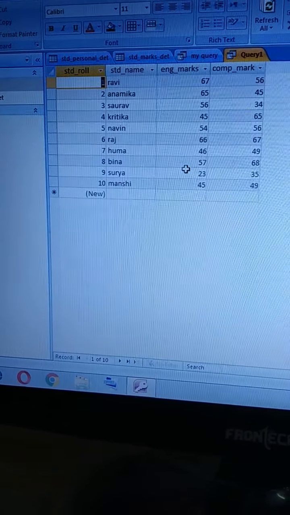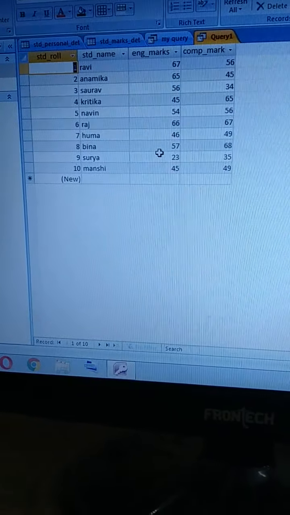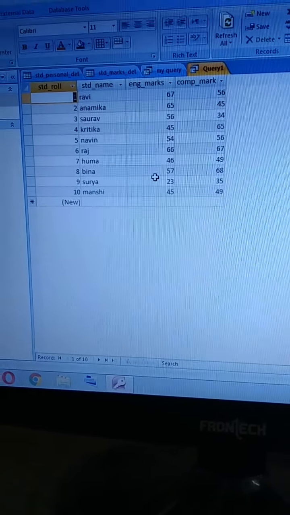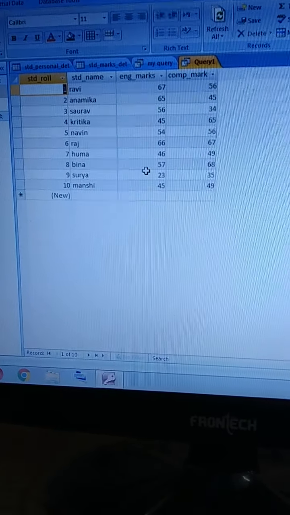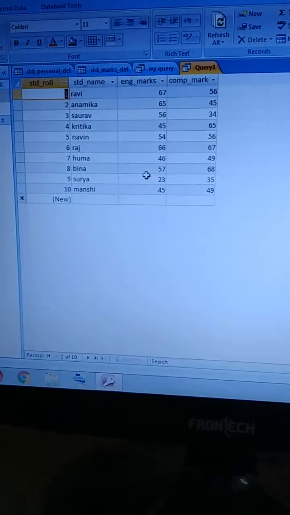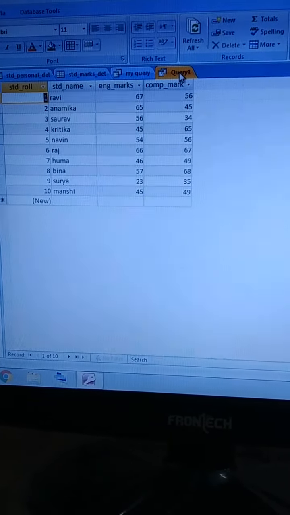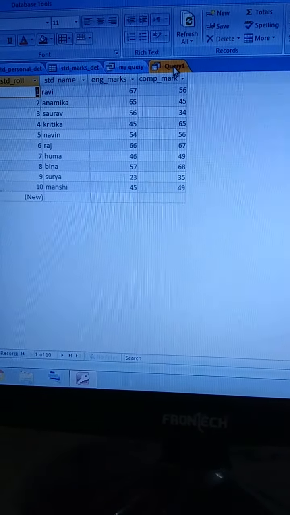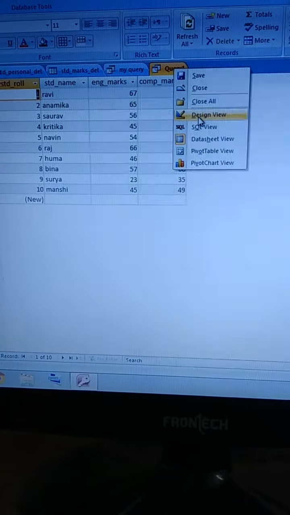So this is another way by which we can create our query. Now again I want to show the design view. Right click on the query and go to the design view.